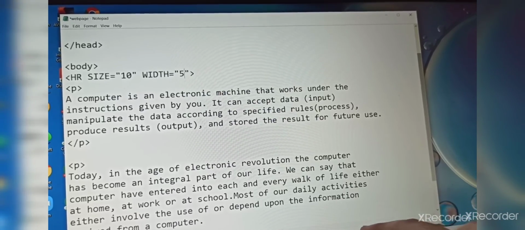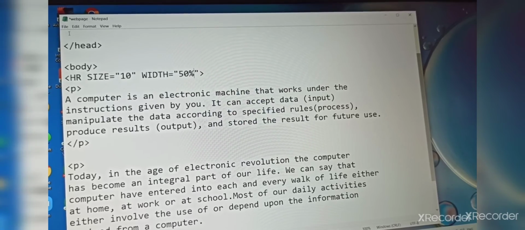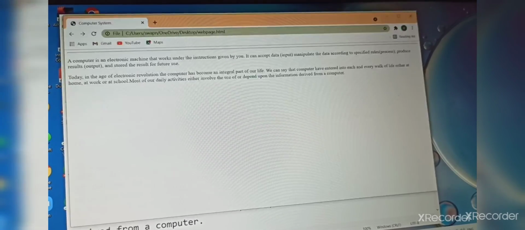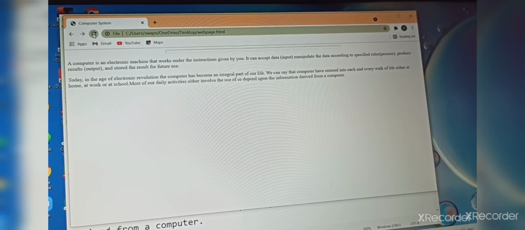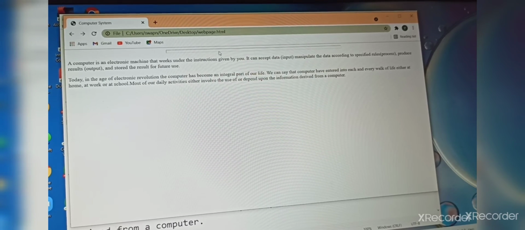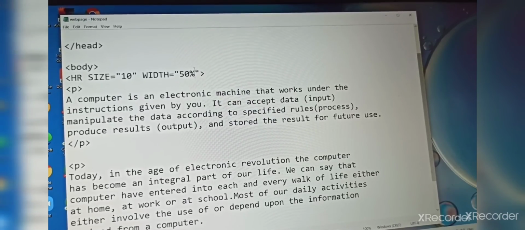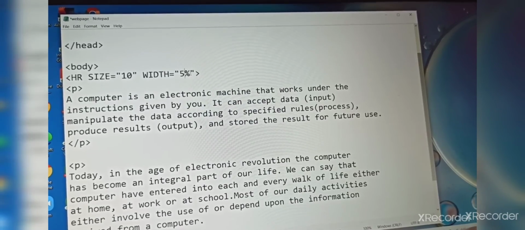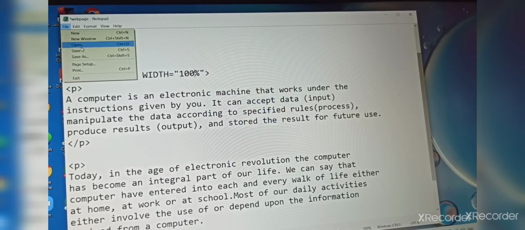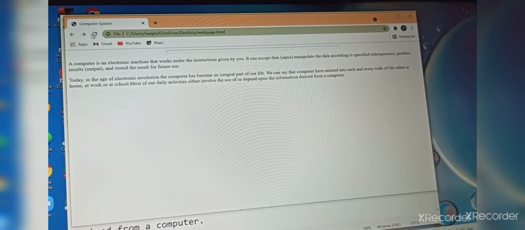I give 50%. After giving this, you can again save, and you can see the width of the horizontal line increase. I have given only 50%, so if you want to give 100%, you can give that also. Make the change, save it, and you can see here.